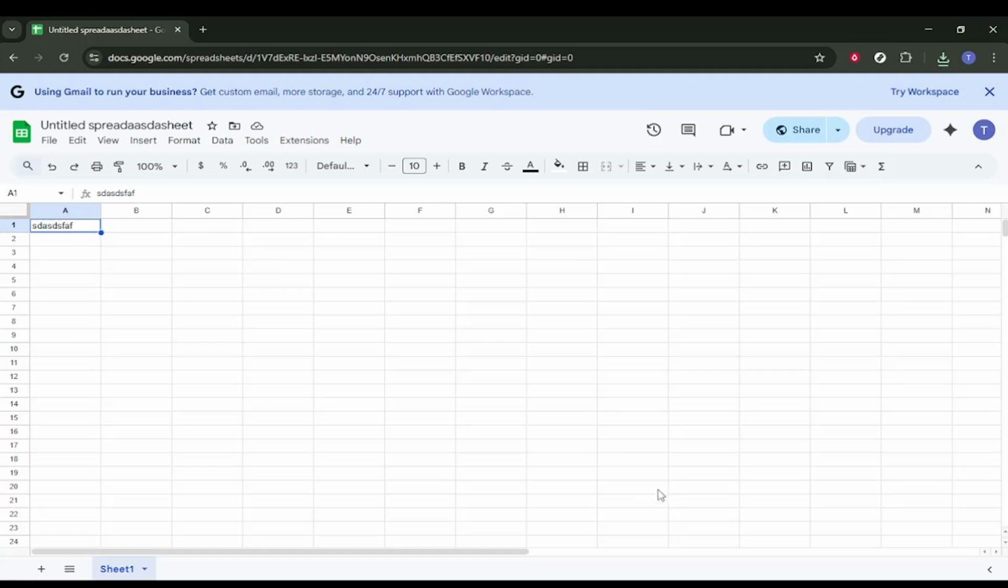In today's video, I am going to teach you how to record macros in Google Sheets. To get started, open your Google Sheets file. You can use a new blank spreadsheet or an existing one, but it is usually easiest to practice on a simple sheet first. Once your spreadsheet is open and you can see your grid of cells, you are ready to